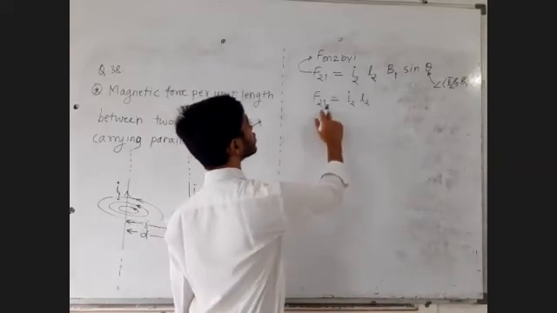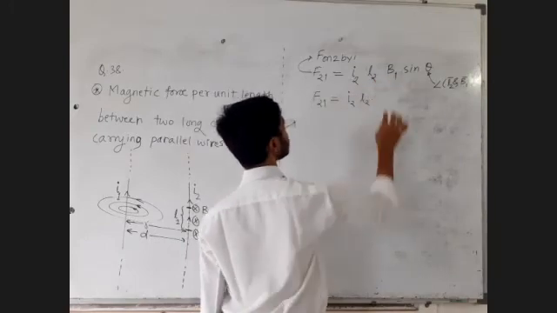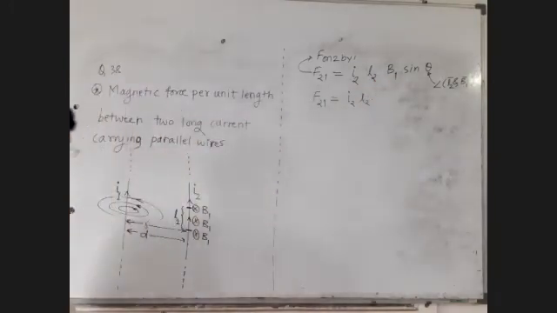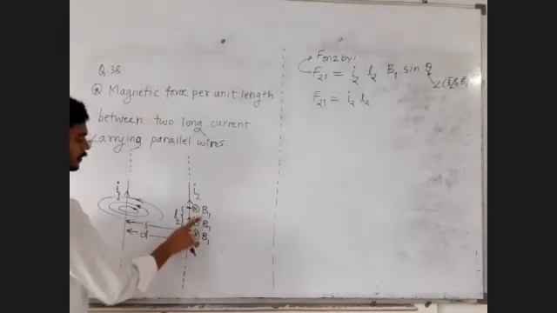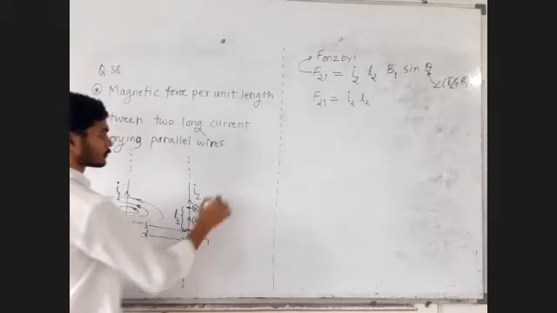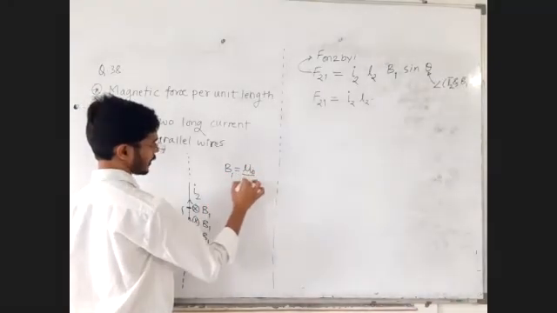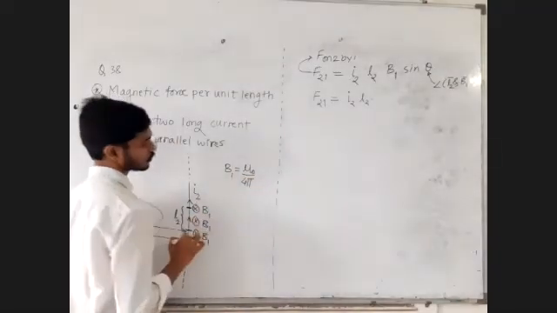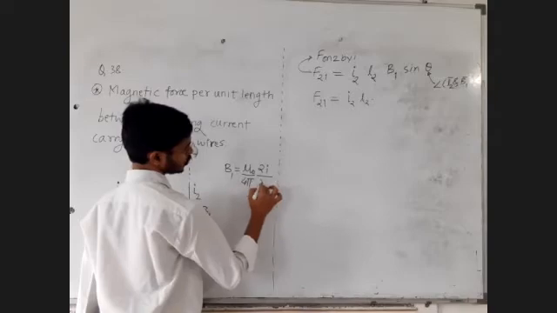Force on wire 2, I2 L2. Magnetic field because of the first wire at a distance equal to r. पहिल्या wire मुळे at distance equal to r magnetic field किती असेल? B1. But what will be the B1? Let us write B1 near the diagram. It will be mu 0 upon 4 pi, 2 times I upon r.